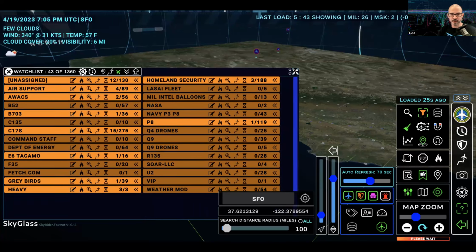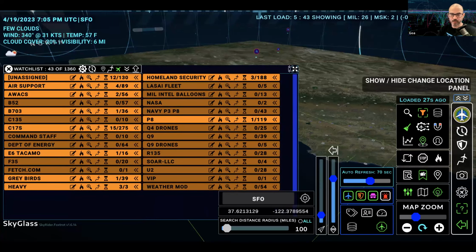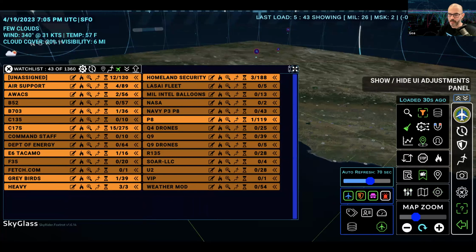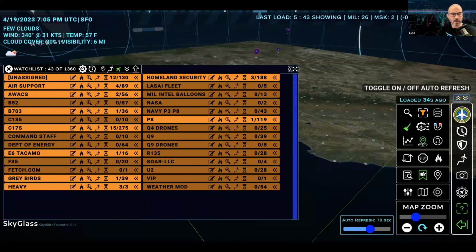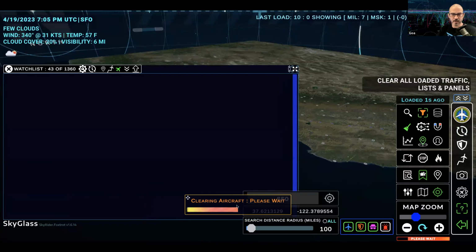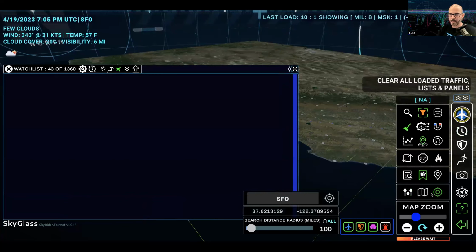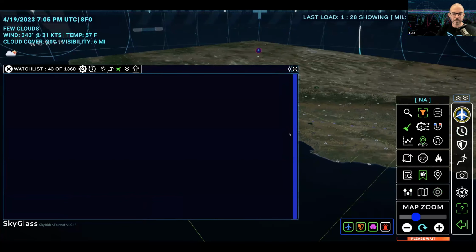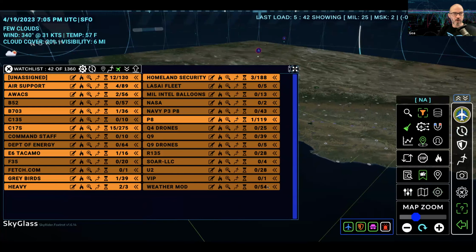Let me clean up the interface a little bit. Let me turn off the locations, turn off the sliders, turn off the filter, and let me get the auto refresh off as well. All right, I'm going to burn, and then that's going to load the watch list up. Okay. So as that loads up,